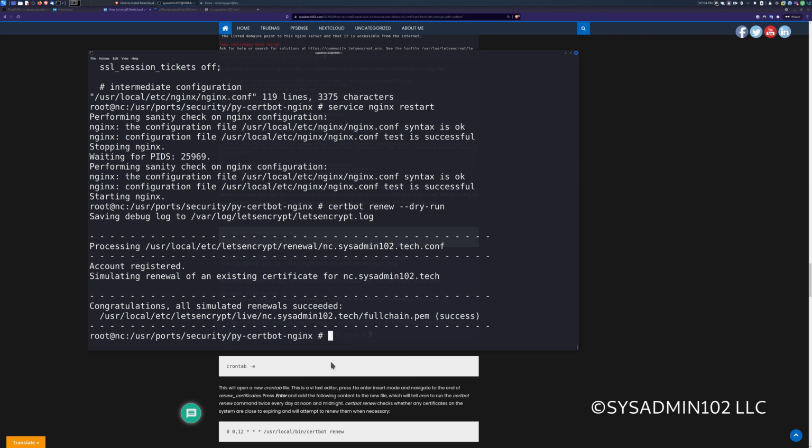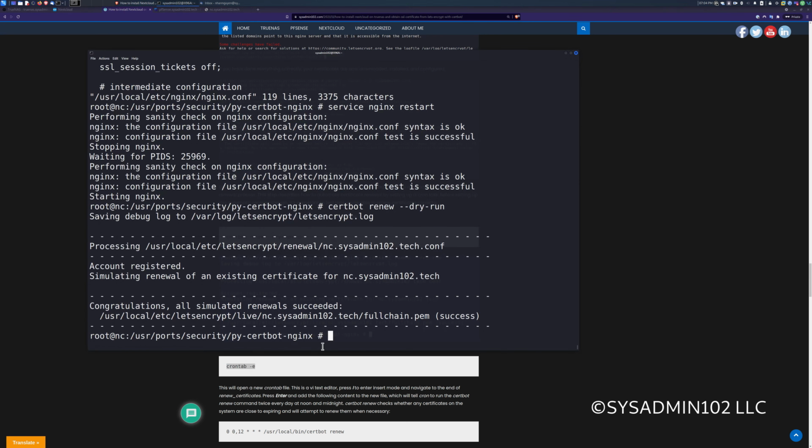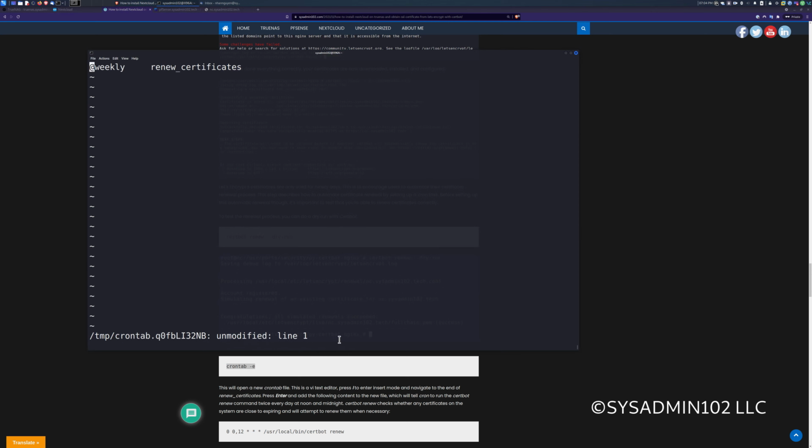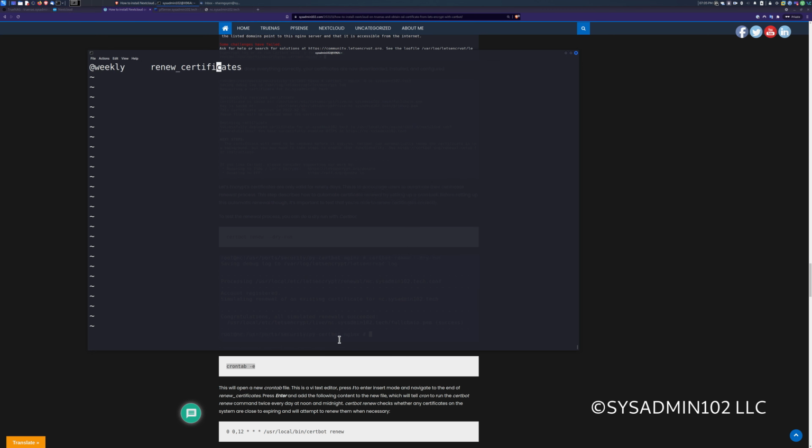So next we're going to set the cron job so that it's going to renew the certificate automatically. To do that, we're going to open up the new crontab by using the command crontab -e. All right, you click on the I, that's the insert mode. You're able to navigate through, go to the end of the renew certificate and hit enter.